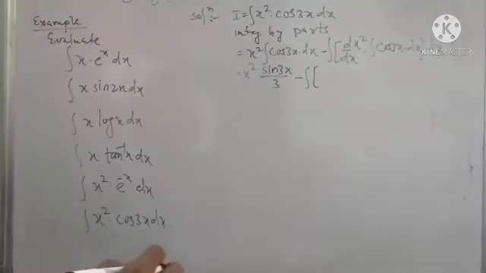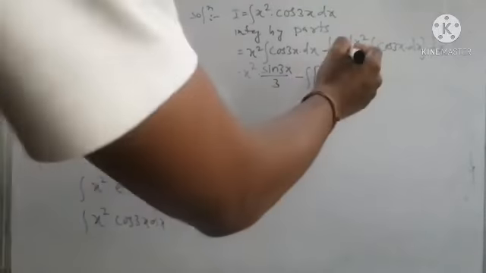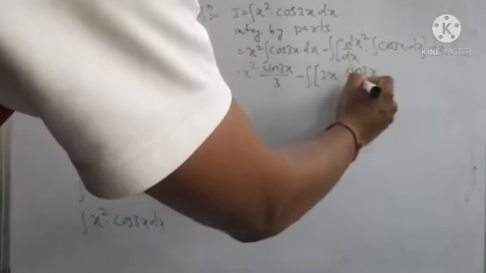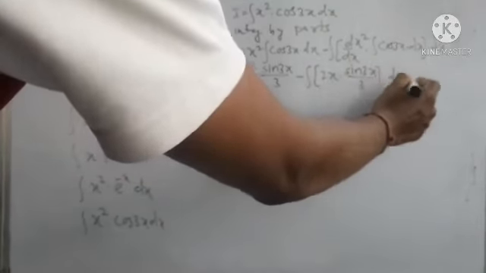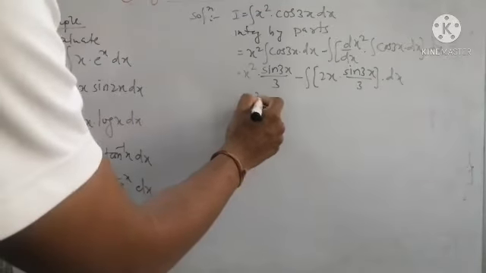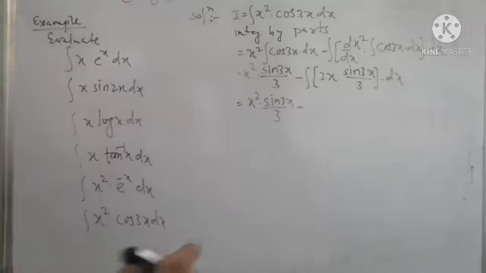Now simplify the second part in the bracket. First take the derivative of the first term, which is 2x, and integration of the second term cos 3x, which is sine 3x divided by 3, bracket complete, multiplied by dx. Now simplify the bracket to take its integration. As here, x square into sine of 3x divided by 3 remains as it is, minus,